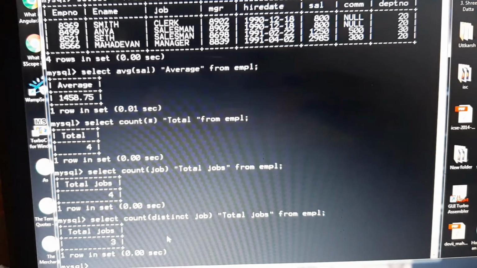Example 5 is saying display maximum salary from the table EMPL. So we'll be using a function max. So here we'll be writing, instead of count, max, and salary we will be writing here sal, and here we can write highest salary.